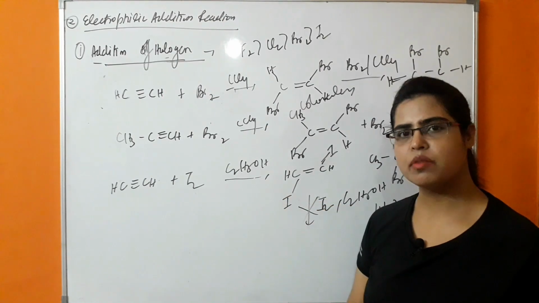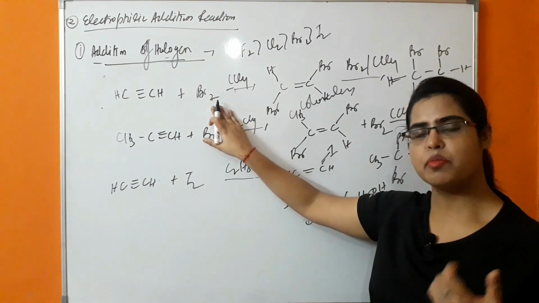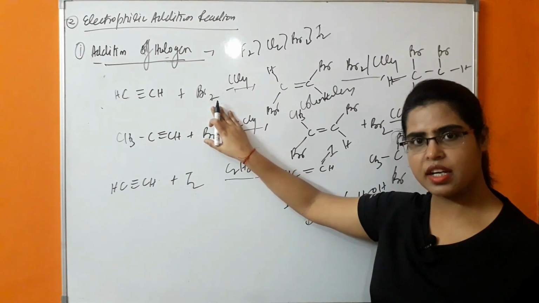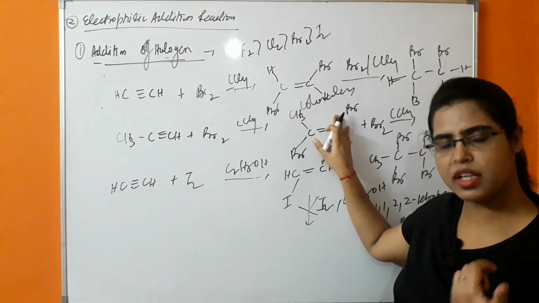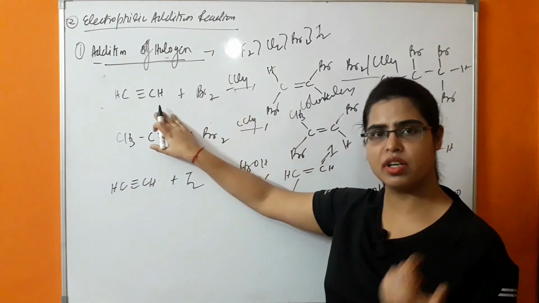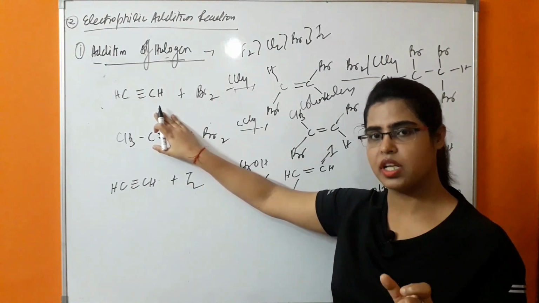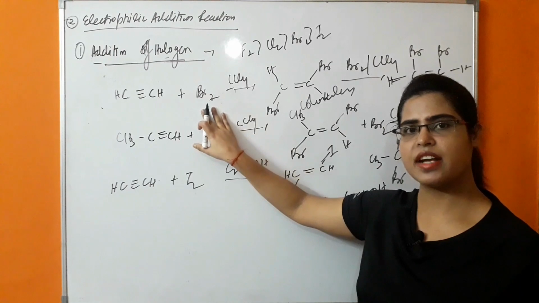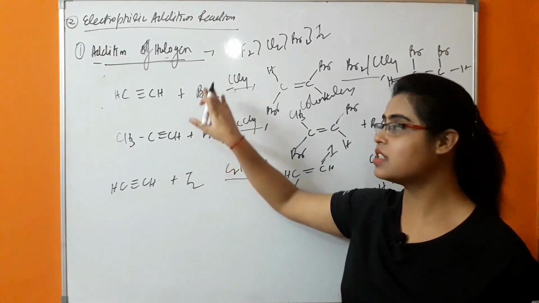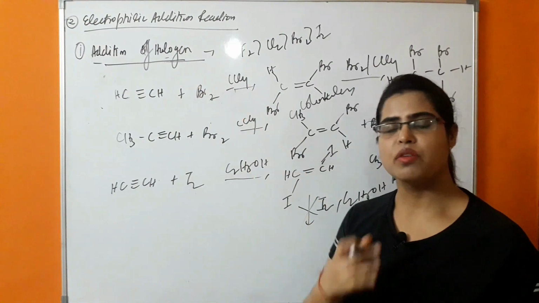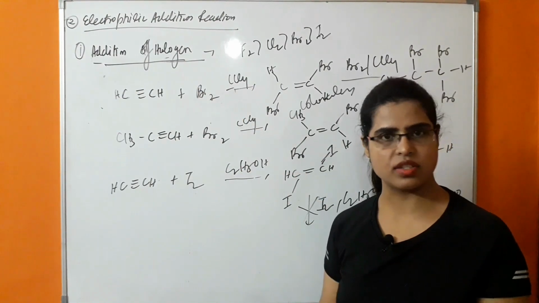In the presence of a double or triple bond, the bromine color is decolorized. Bromine has an orange-red color. It decolorizes by the formation of this halogenated compound in the presence of a double bond or triple bond, that is, in the presence of a pi bond. Because of that, this reaction is used as a test for unsaturation. It means by the help of this reaction, we can detect whether a particular compound is saturated or unsaturated.